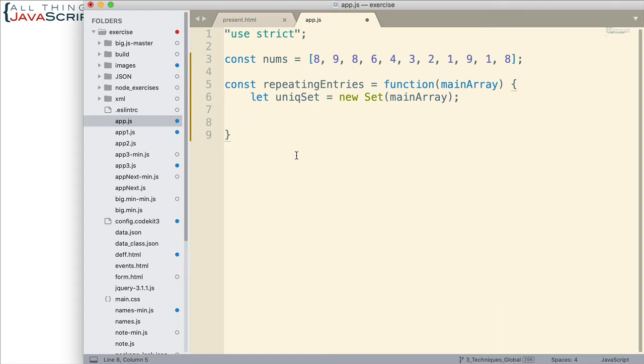But the main reason I created the set is I'm going to use a for of loop to loop through that. And so let me go ahead and set that up. Let elm of unique set. We're just going to loop through those. Now as I loop through this,